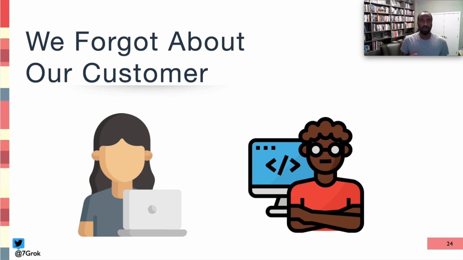So, we forgot about our customer. And by customer, I mean the consumer of your abstraction, right? It's very important that our users understand what we're abstracting. Don't just say we abstract it all the way. You have to explain the limits of your system. These limits are your reliability. The things that your abstraction doesn't cover, the things the user does not know, those are where you can fail if your end customer is not properly educated.